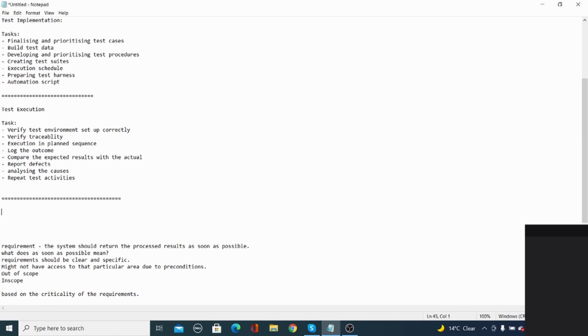You found a bug, you reported it, it was fixed, then you retest it. For example, you found during execution that the requirement was incorrect. You might have missed it. Then you repeat the whole process, the cycle repeats. So repeat the test activities, whatever is required.